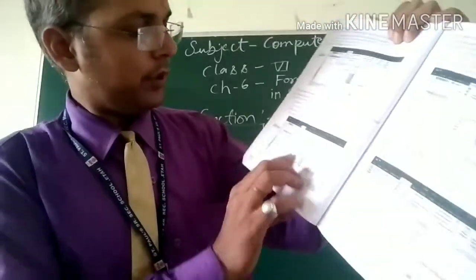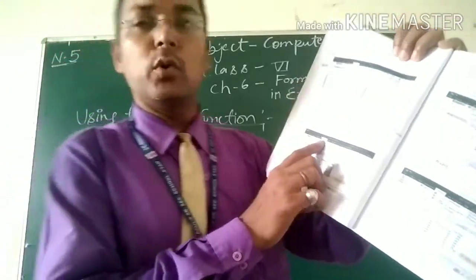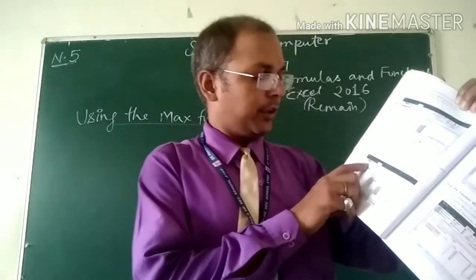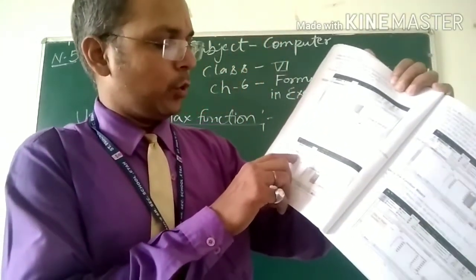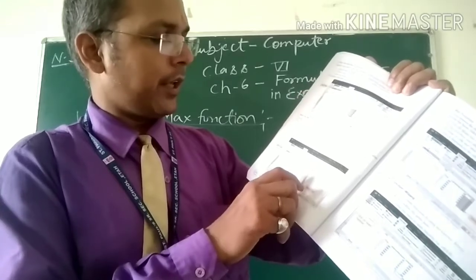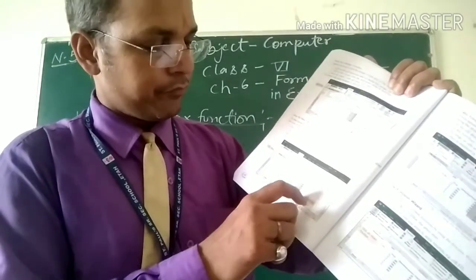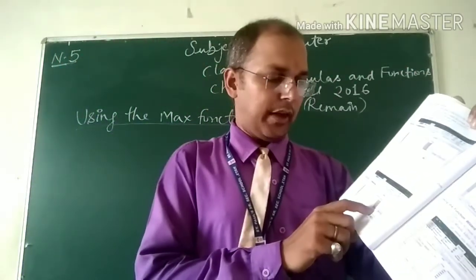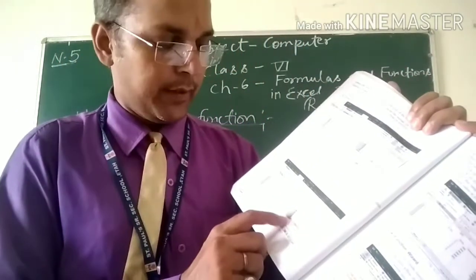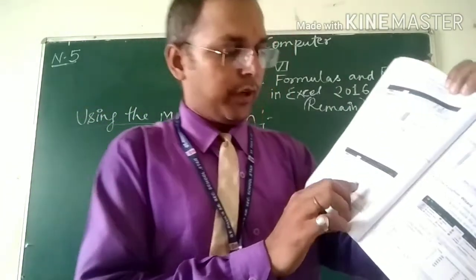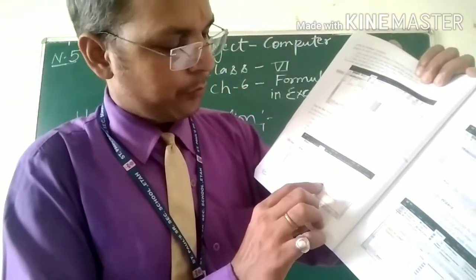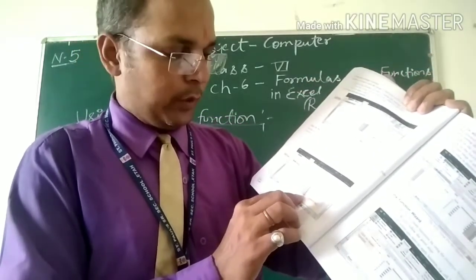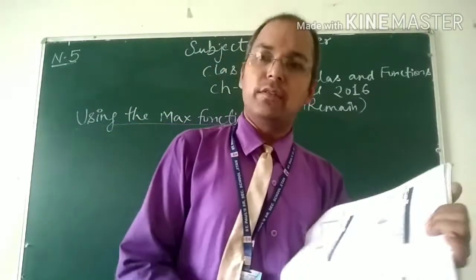And look here, my dear student. Same as before, go to the formulas, go to the auto sum drop down menu, choose the max, select the range of cells, and press enter. The maximum value is displayed in cell F10. So the values are 180, 270, 450, 540, 180, 225. So the maximum value is 540. 540 is the maximum value.